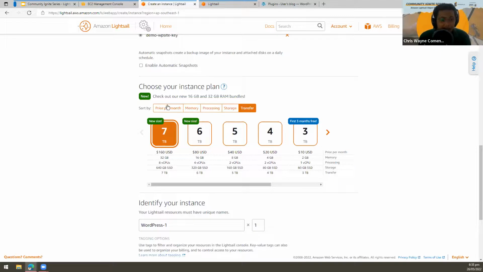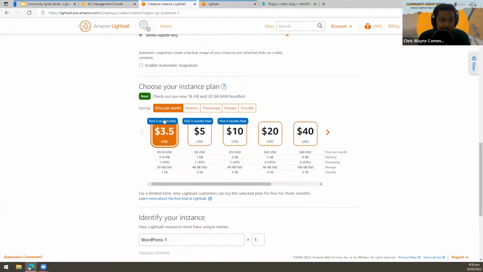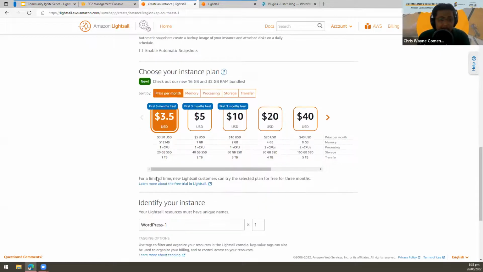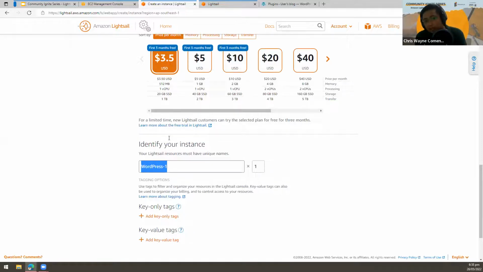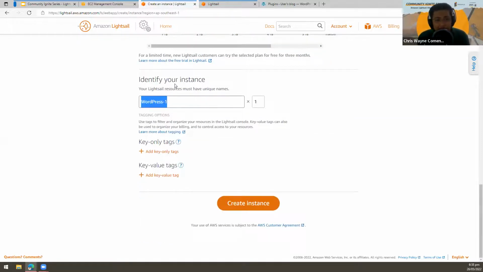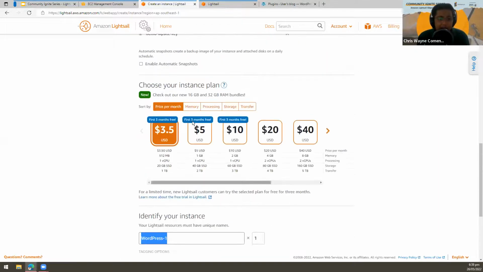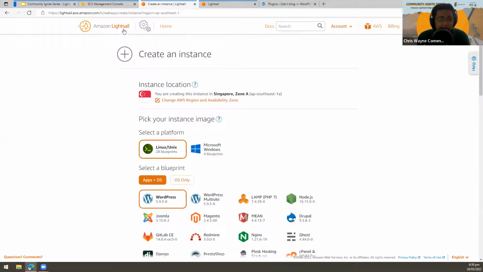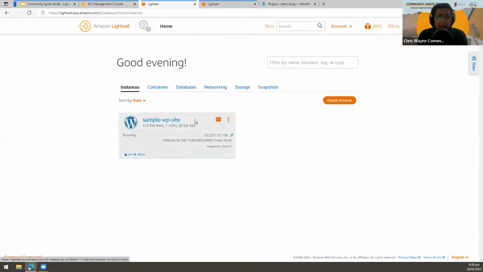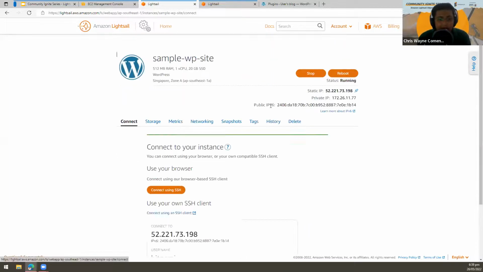So what I did is I just used the 3 months free. Then I identified the instance, created a unique instance name, and then created the instance. With that, I was able to create this. Now, after creating this one,